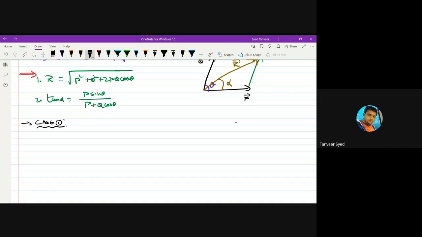Case 1. Let us say theta is 0 degree. What is theta? Theta is the angle between two vectors which you are going to add. If the angle between the two vectors is 0, then that means P vector